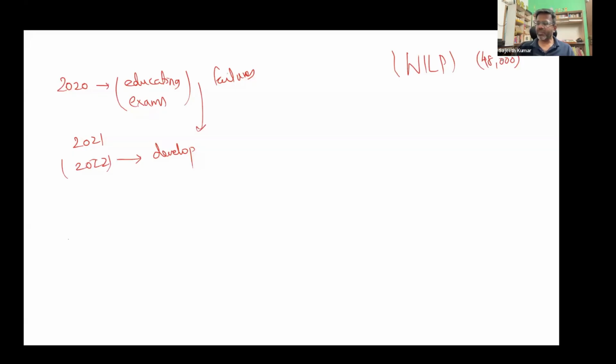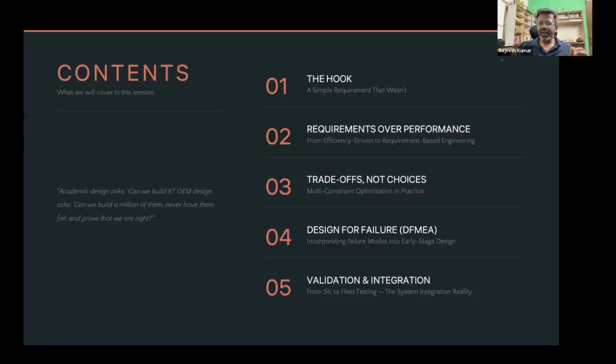We have systems in place to make sure our students do not indulge in malpractices during exams. We have systems in place to build vehicles. We have systems in place to make sure vehicles do not fail, right? So with that introduction about systems engineering, I believe I can probably jump in, and now I can start talking